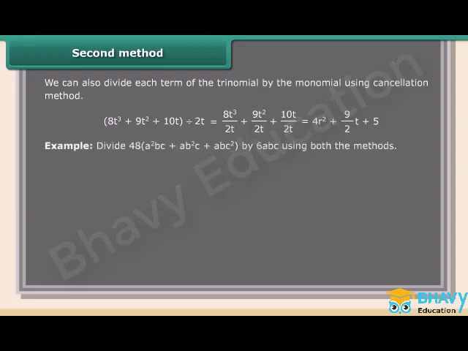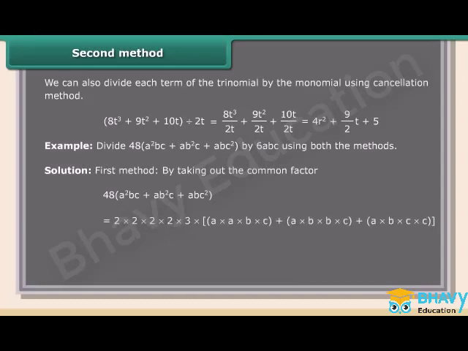Example. Divide 48 into a square bc plus ab square c plus abc square by 6abc using both the methods. Solution. First method. By taking out the common factor,